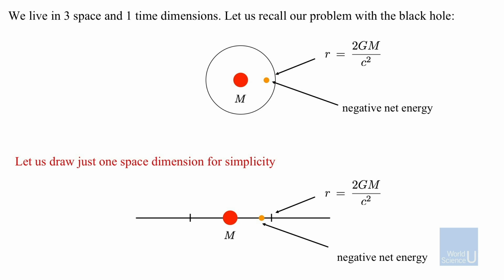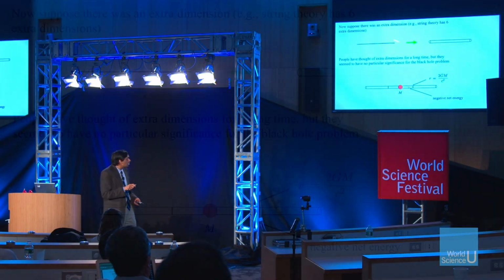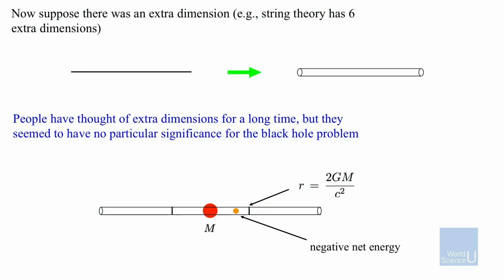There's the mass, this is the critical radius I marked out on both sides, the horizon radius, and if you come in here, you have net negative energy. Just the same puzzle, I just drew one dimension for simplicity. But now if you have extra dimensions like this little compact circle, then I drew it for you. And now the whole thing looks not like a line, but like a drinking straw. Okay? Looks like a drinking straw.